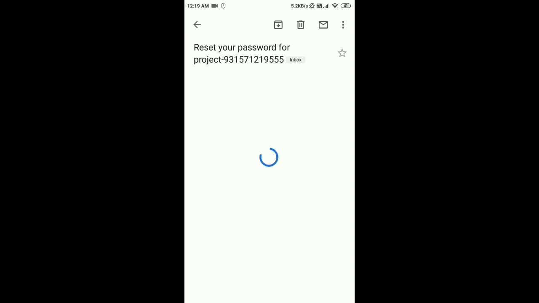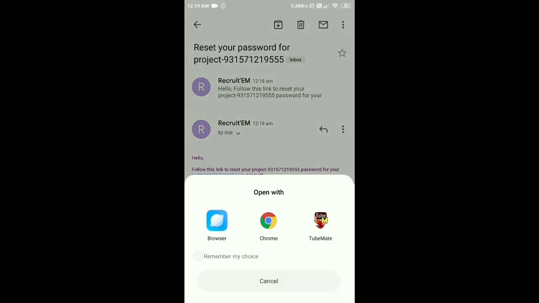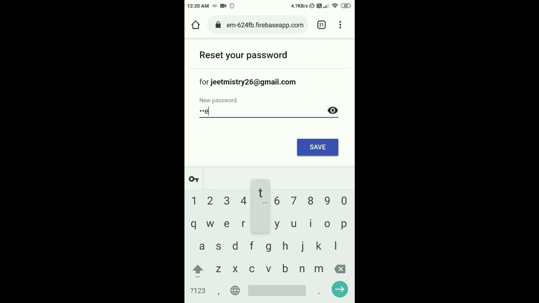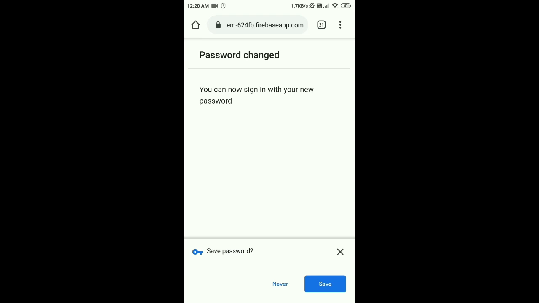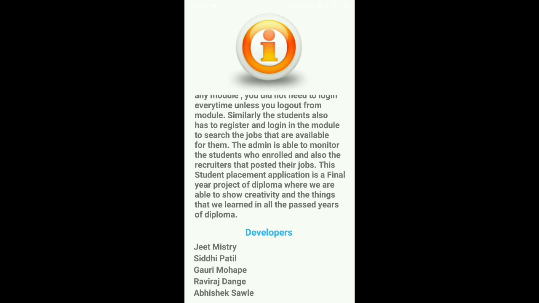Once you receive a mail from Recruiter, you can click on the link provided. Then enter a new password and save it. You will be reset. Once you are done with using the required module, you can exit the application.